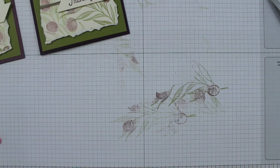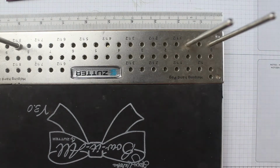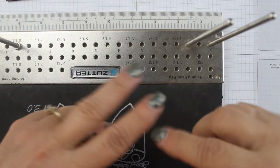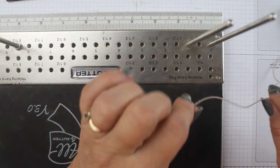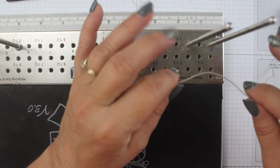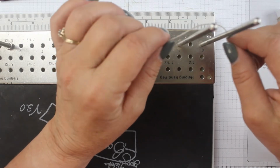If you don't have a bow maker yet, oh, I love my bow maker. This is a great tool. If you struggle like I do, I'm all thumbs. I've seen people make bows, especially double bows and just bows in general, with their fingers, wrapping it around their fingers and doing it. There's no way I can do that. Those people are super talented and have great dexterity. I'm kind of all thumbs. And I have a friend who has arthritis in her fingers, and she's the one who taught me about the bow maker. So if you have painful hands or you're all thumbs like I am,